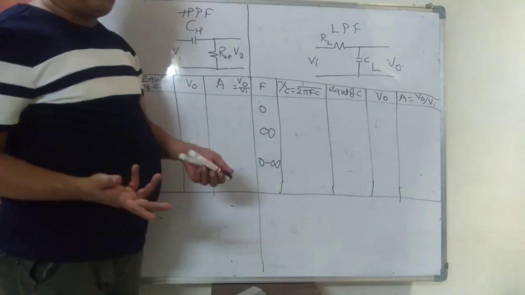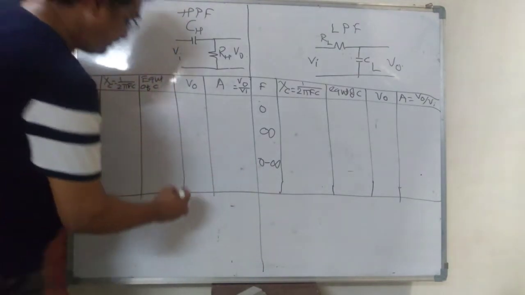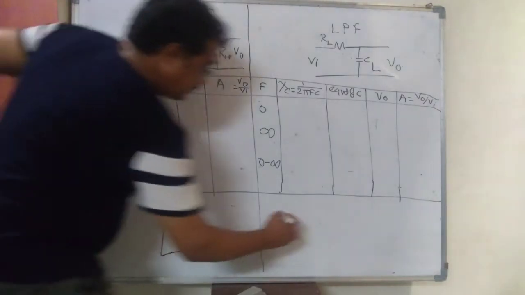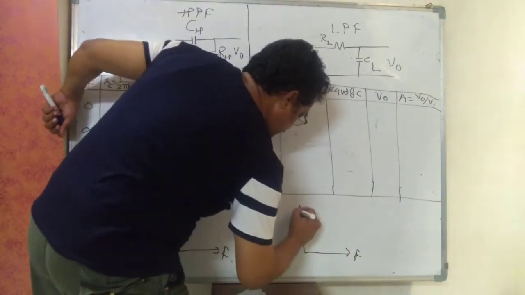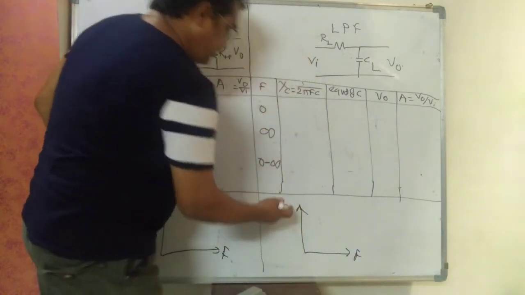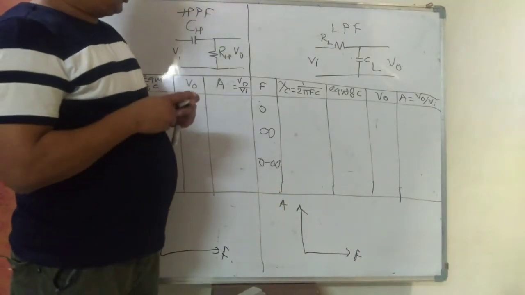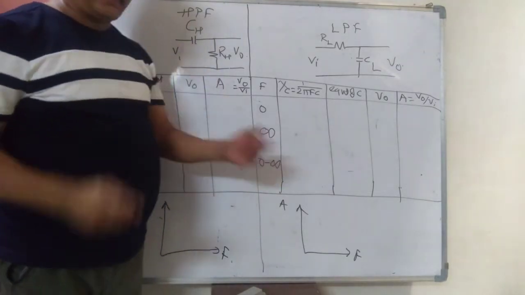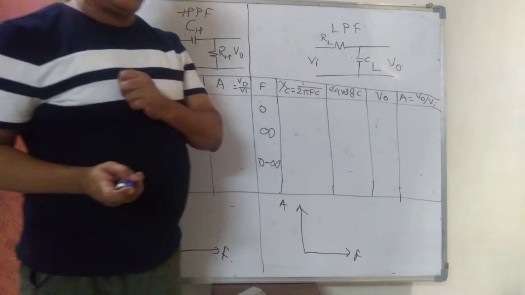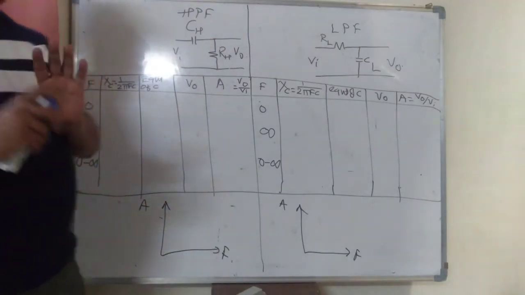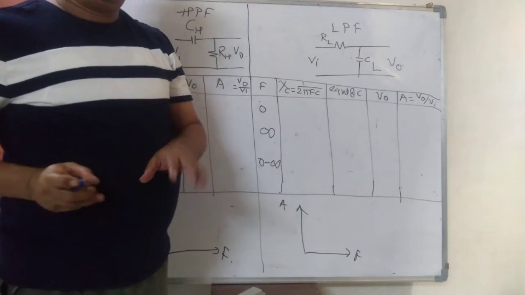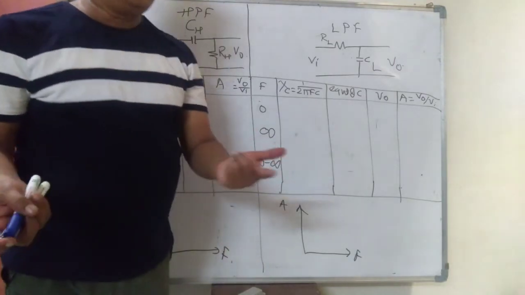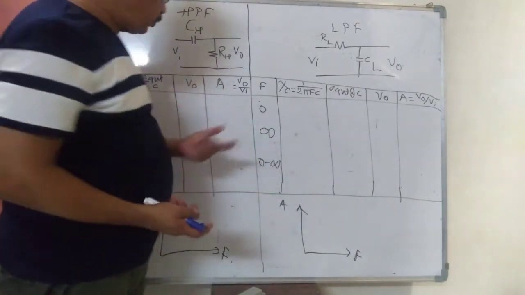So now we have to plot the graph between frequency and gain. Gain is output voltage upon input voltage. So without having a single reading, we have to plot the graph. So what I have done, I have taken three points. When frequency is 0, that is for DC. We are studying AC circuits. Practically frequency will never be 0. But now we are not having any observation table and we have to study the graph.